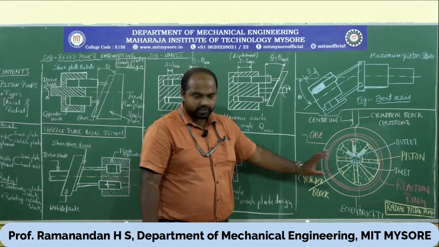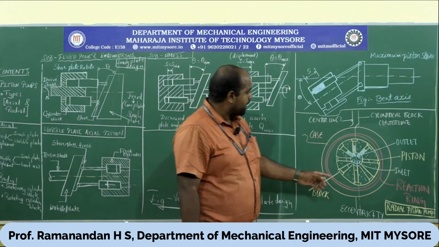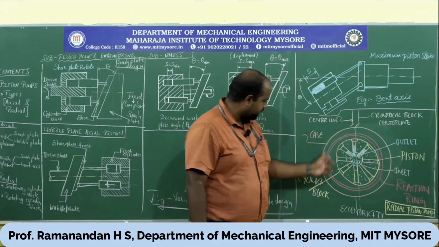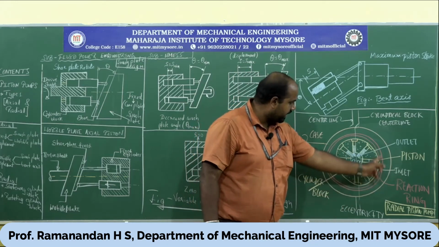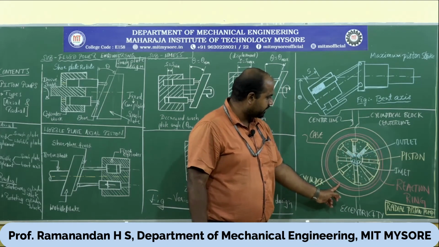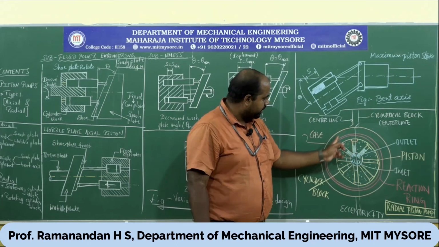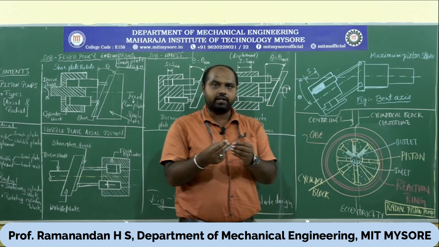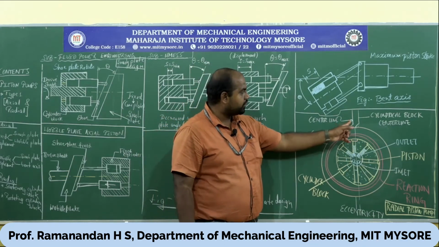The second type of design is the radial piston pump. As I told you, a radial piston pump, you can see here, consists of a casing, and this ring is called the reaction ring. Usually it is eccentric to the cylinder block. You can see here the reaction ring is mounted eccentrically; they are not concentric, they are not on the same center line. That is why this difference is shown here.